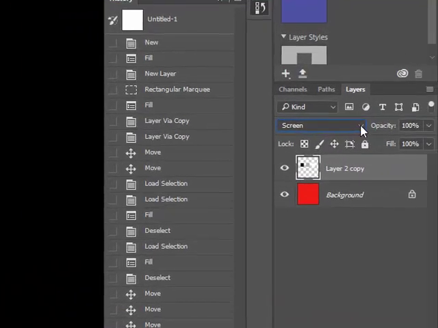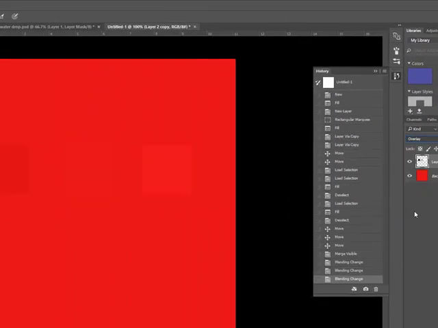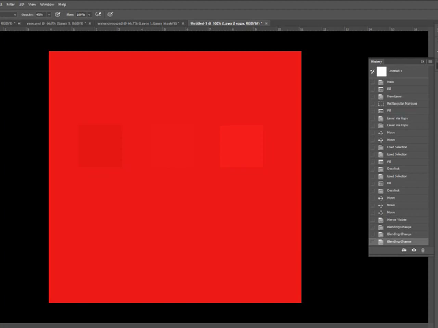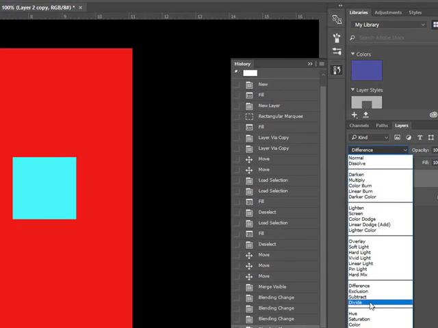Okay, so now we'll do the third one, and you can probably guess something's going to happen with the middle. I'm going to use the most common one here, and that is overlay. And in the overlay, my gray disappeared. I still have a dark and a light, but they are blending with the background, so my light is now lighter and blended with the background, and my dark is darker blended with the background, and my neutral gray is gone. Other ones over here are just different kinds of effects, but feel free to play with these